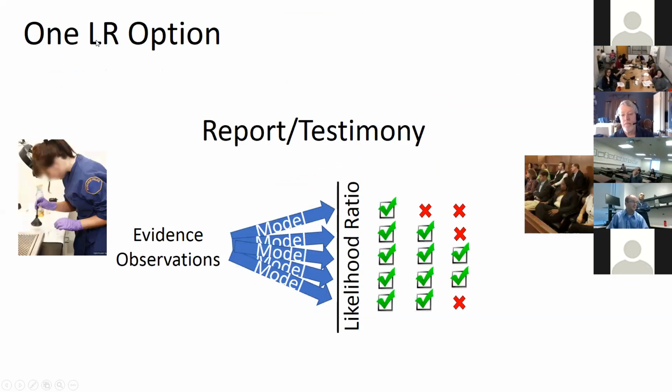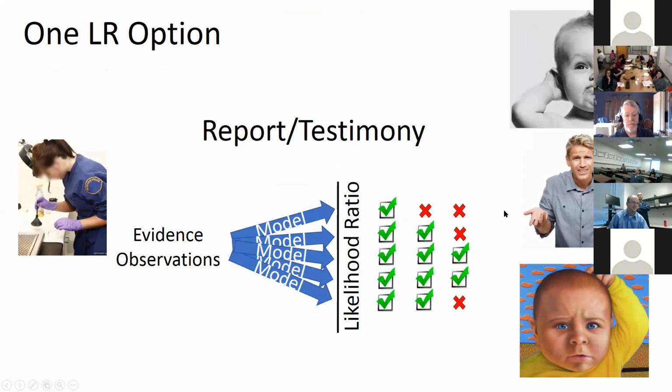So one option, if we were to be using likelihood ratio characterizations, is to try to pass all of this information along to the juror. So we try to explain what models were used, what plausibility criterion were imposed, what the corresponding range of results are under each of those. But the concern in the community is that for a lay audience, this will be met with confusion.